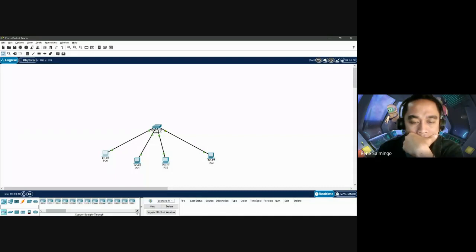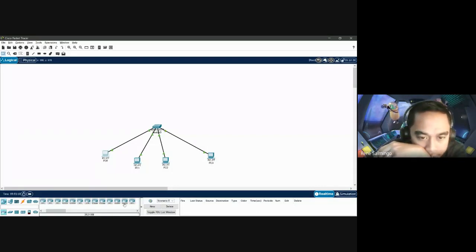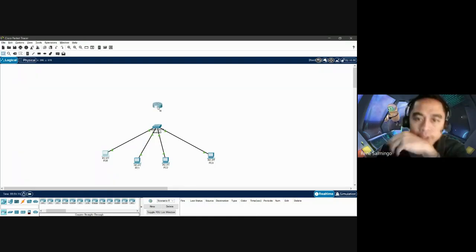So if you find this port, so you have, for example, this Packet Tracer router. Could use this also. So let's say this one,